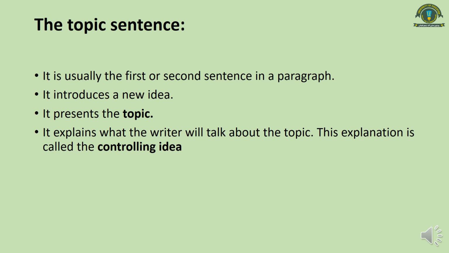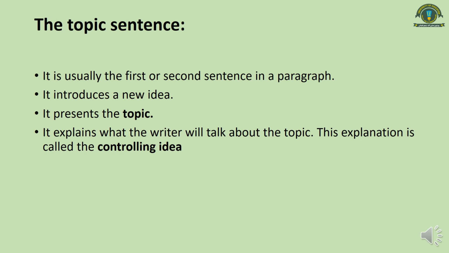For example, we can talk about terrorism, we can talk about the evolution of terrorism, we can talk about terrorism and its types, we can talk about the horrors of terrorism. So this is all about terrorism. Each paragraph will start with a certain new thought in the shape of a topic sentence. And the topic sentence presents the topic. It does not deviate from the topic itself. It is very much linked to the topic. The thought is very much the same.